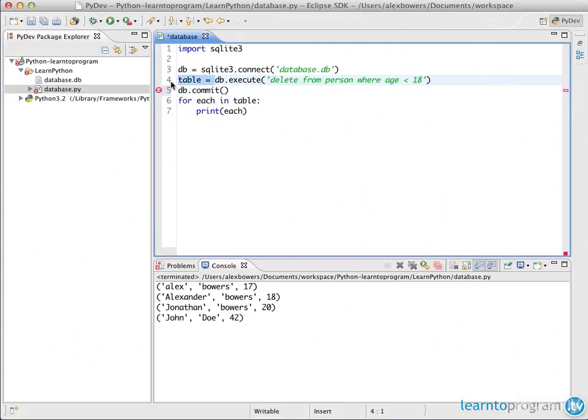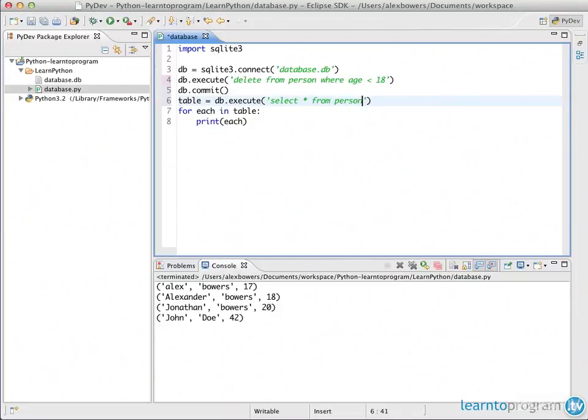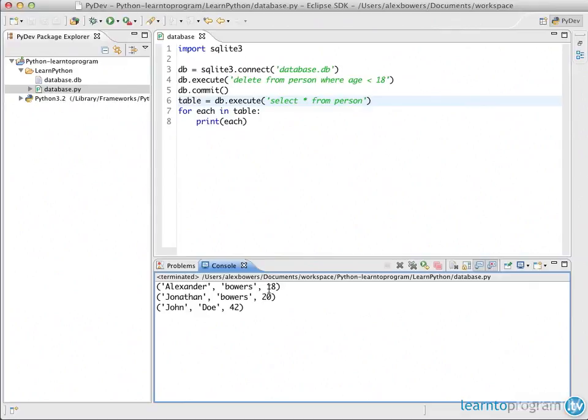So again, we need to remove that, and then do table is equal to db.execute. I'm just going to do select all from person, and now when we run this again, you'll see that we only have 3 different data sets. The person who was under the age of 18, which was Alex Bowers, age 17, has now been deleted. So that is how you delete, how you insert, and how you can control how you retrieve data from a database